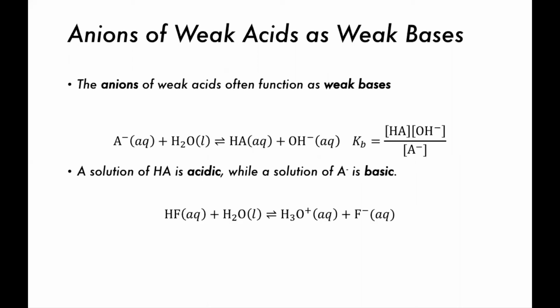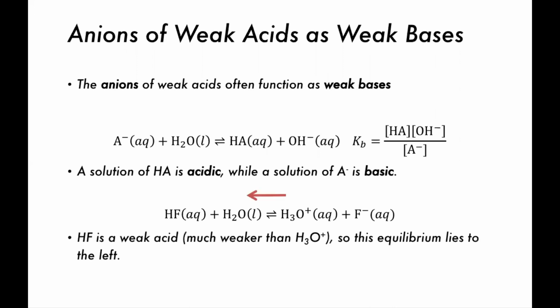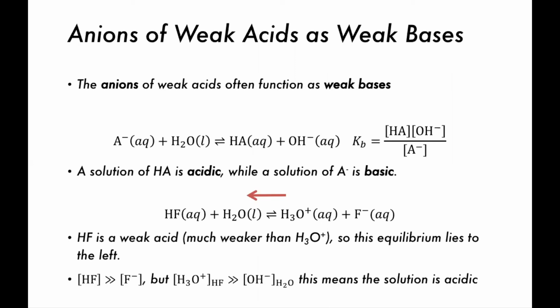So HF is a weak acid, plus water gives H3O plus and F minus, the fluoride. HF is a weak acid, much weaker than hydronium, so the equilibrium lies to the left. Remember that generally the equilibrium will lie on the side which produces the weaker acid or base. In this case, HF is a weaker acid than hydronium, so it wants to stay on the left-hand side. The concentration of HF is much larger than fluoride, but the concentration of hydronium from HF is going to be